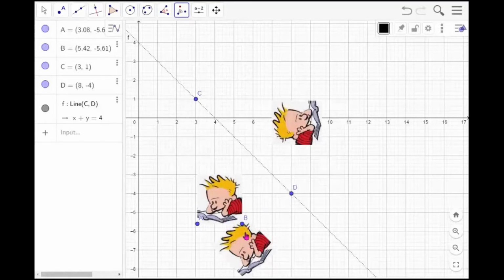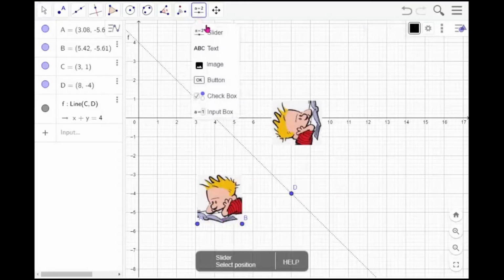But it seems not easy to understand, right? Maybe it's better to have the angle increase or decrease with a slider bar. That will make the explanation more interesting. Now let us delete this and do that again. In order to do that, you need to create a slider bar. You need to go to this and click on the slider